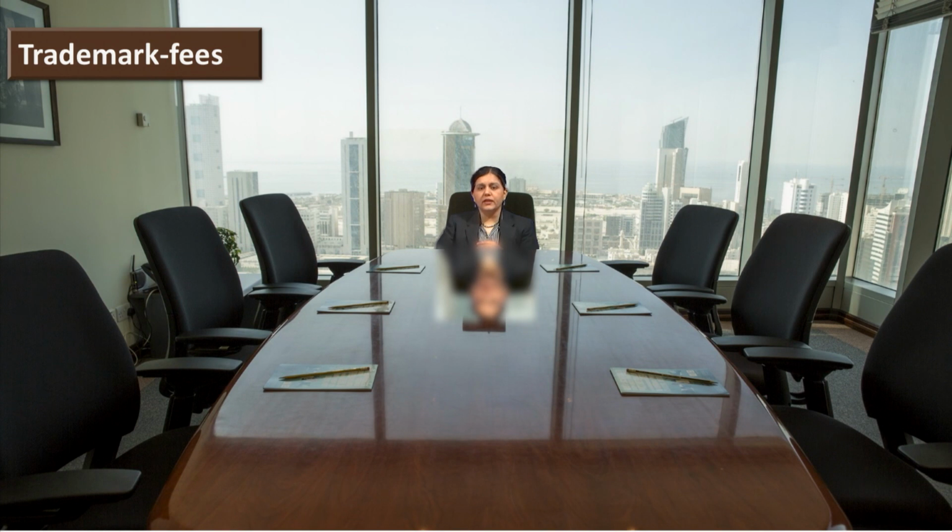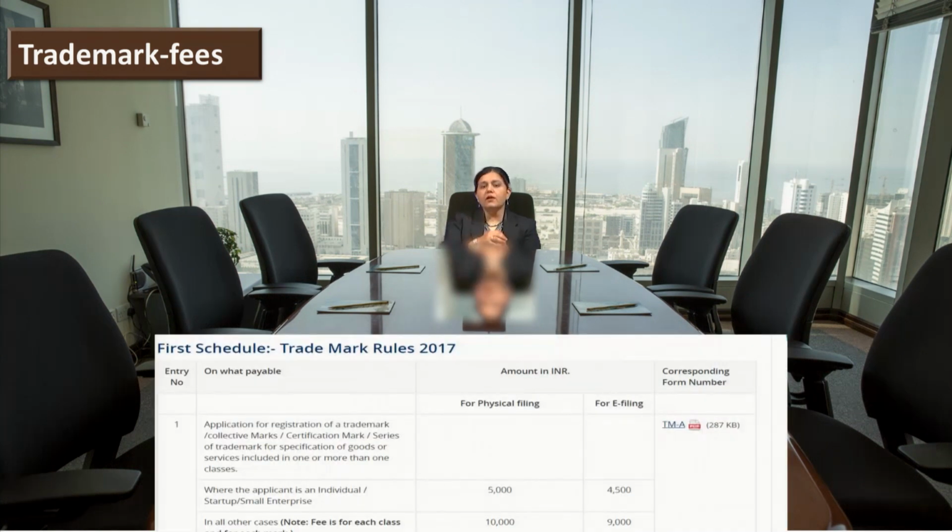Here, on the website, you can get a clear idea about the fees. I can give you a simple example. If you are an individual filing a trademark application, there are two modes, online and offline, but the trademark registry always expects online filing and gives you an incentive for it.